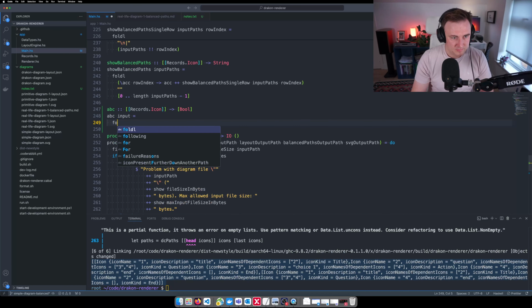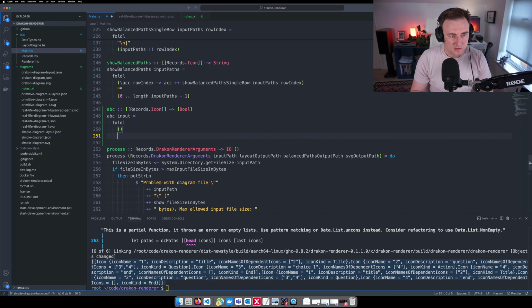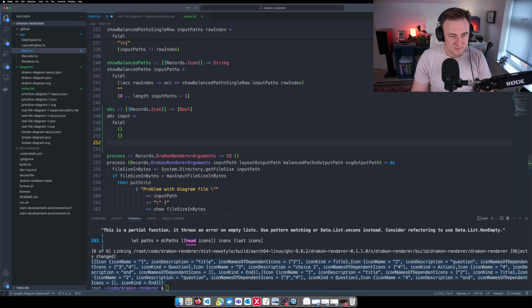So what I think would make sense is to go through all the columns first. But let's go slow. We want to return